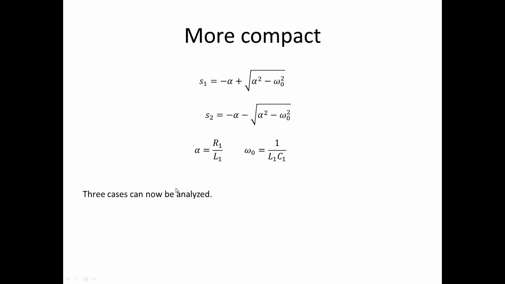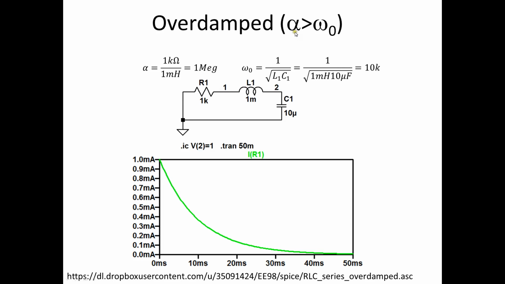Now we can analyze these three cases. So in the first case, if alpha is greater than omega naught, and in this example R is